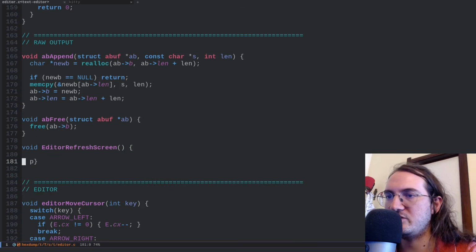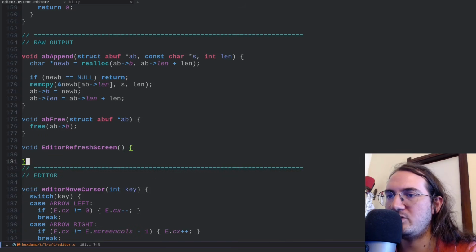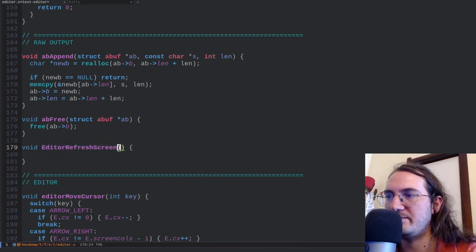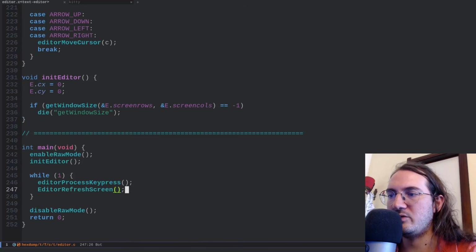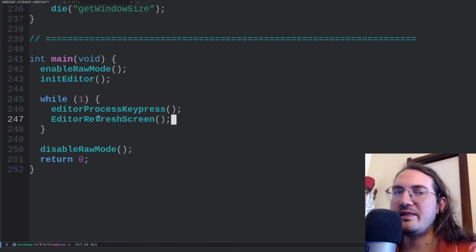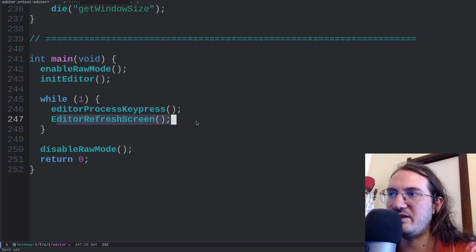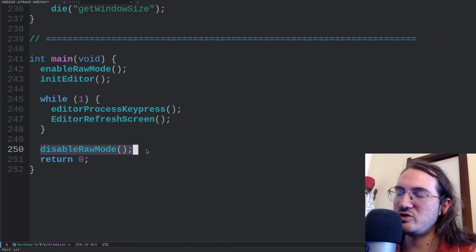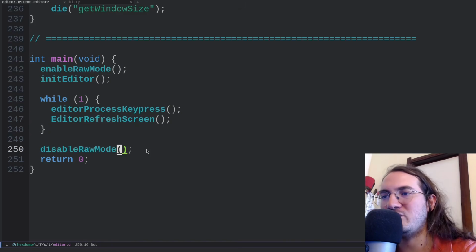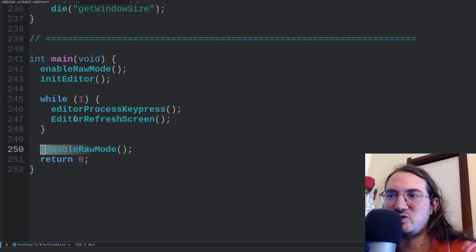And this function, by the way, is going to be called in the main loop. So this one is going to be called down here, at the end of our process. Here we have enableRawMode, here we have initEditor, here we have editorProcessKeypress and editorRefreshScreen. And actually here we don't even need to call disableRawMode necessarily,